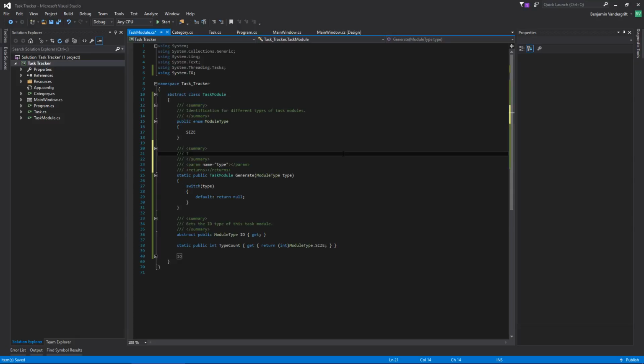So this, let's see, generate a task module of the specified type. If the type is unknown, you'll get null. The type of task module to generate. And this is going to be